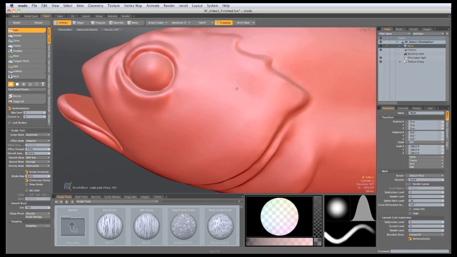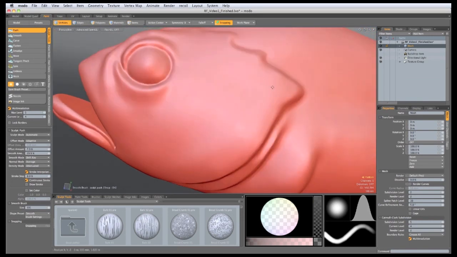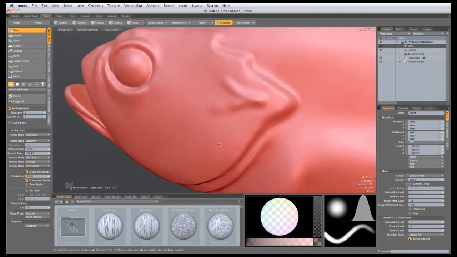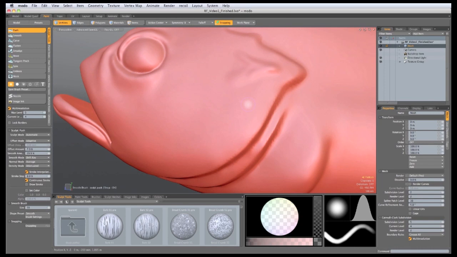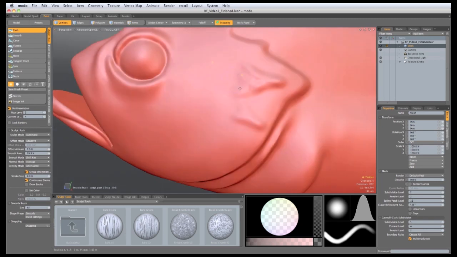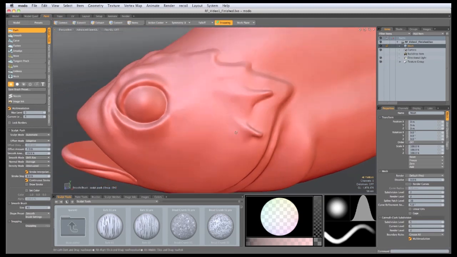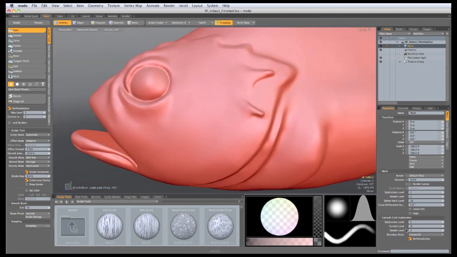So I'm going to go down to level 4, and just on this gill there's two little horns. So again with push active, quite a small brush, and the first horn kind of comes in like that and blends out, and the second one is about here. So with those two little horns done, we can now move on to the final gill. So we'll drop down to level 3,